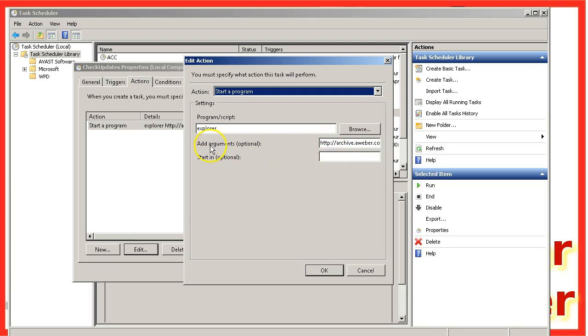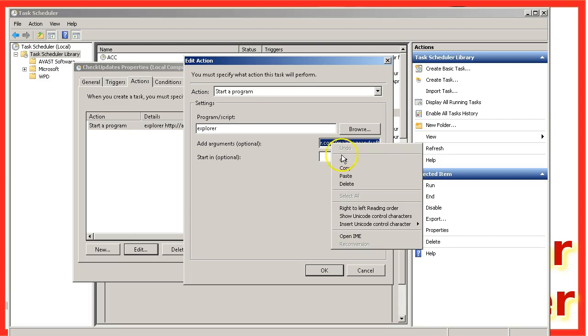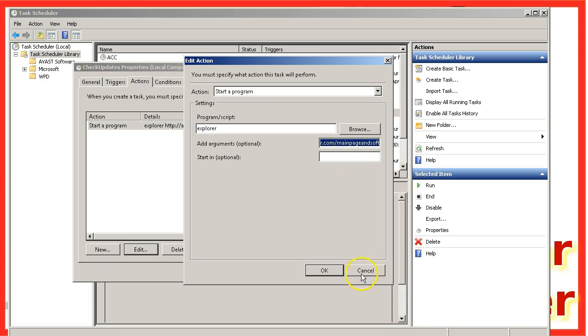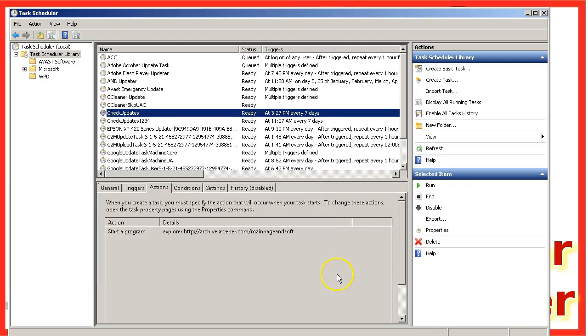So I'm going to come in here, I'm going to select where it says Add Arguments or whatever. I'm going to go in here because this is the page it's sending me to. So I'm going to copy that URL. Okay, I'm going to cancel this and cancel that, and I'm going to go over to my browser,